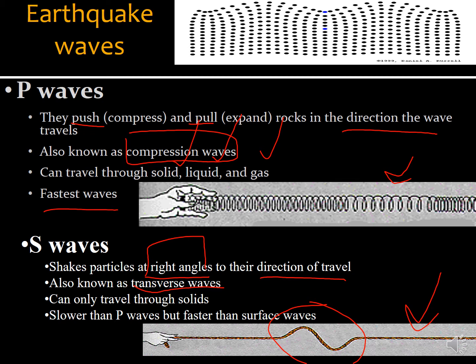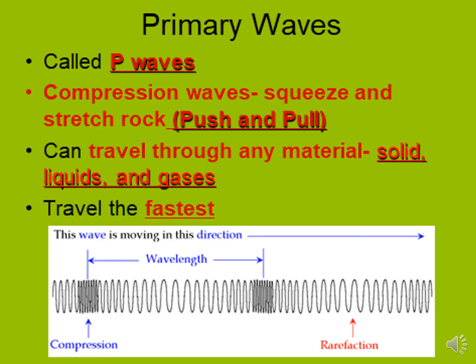P waves are known as compression waves. S waves are known as transverse waves. Now, this one can travel through solid, liquid, gas. This one can only travel through solids. P waves are faster. S waves are slower, but faster than surface waves. So our primary waves, P waves, we call them push and pull, travel through solids, liquids, gas, and